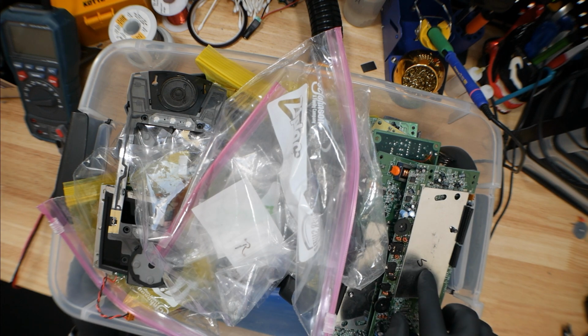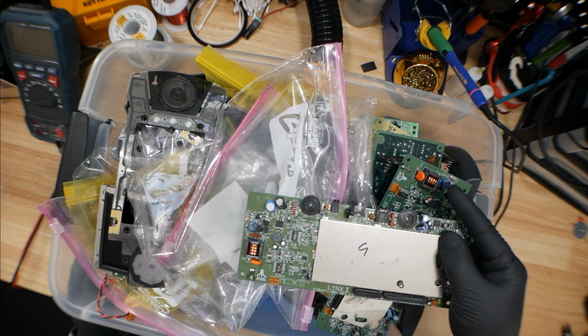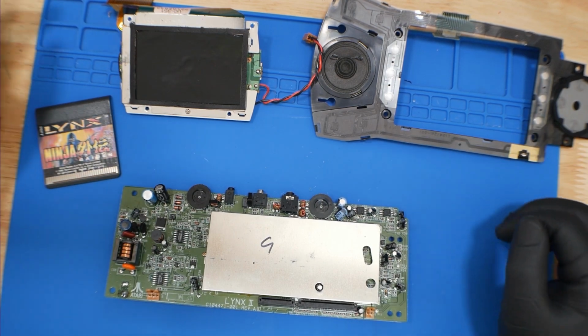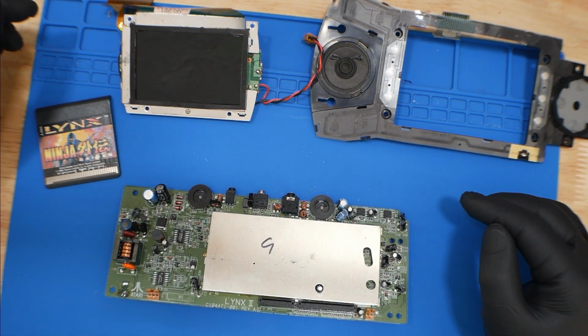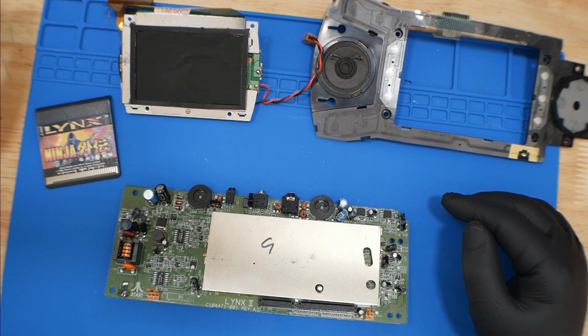But this looks like a G, so maybe this board is good. Maybe I've tested it, so maybe we'll start with this one. So this is what I'm going to use to test. All these Lynx were purchased at one point or another off of eBay as non-working,